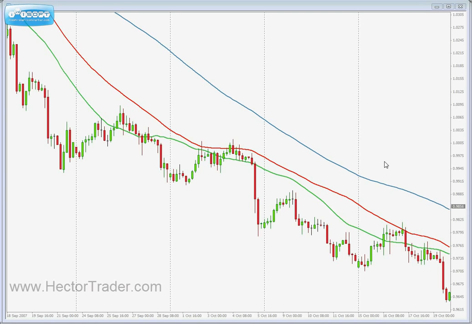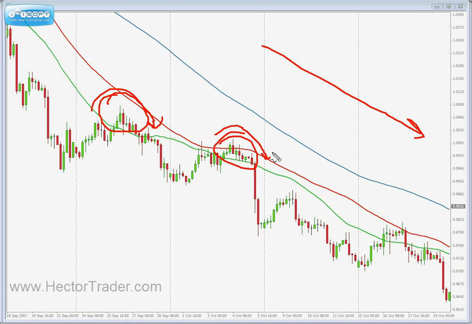Okay, and that will indeed be the case if you trade in the direction of the trend. If you wait for a price to pull back to the dynamic area of resistance, and then you trade as the turnaround begins to take place,